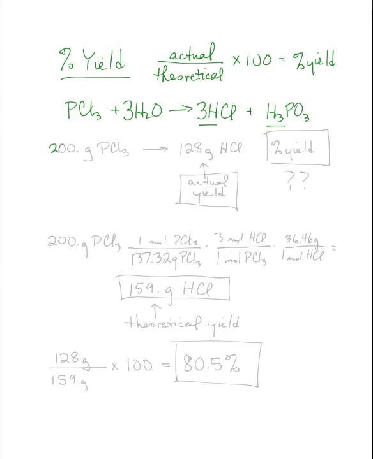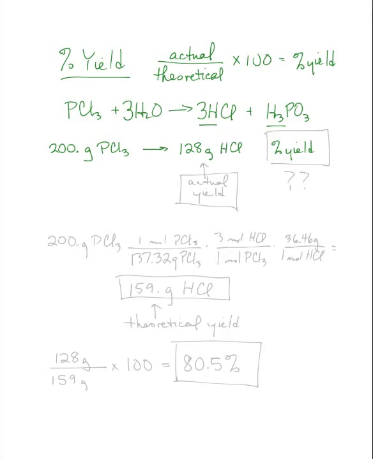We're going to start with 200., and it's 3 sig figs, so I'm going to put a decimal there to show that, grams of PCl3. If I start with that, and I get 128 grams of HCl, what is my percent yield? In a problem, this will sound something like 200 grams of phosphorus trichloride were reacted and 128 grams of hydrochloric acid were obtained, or